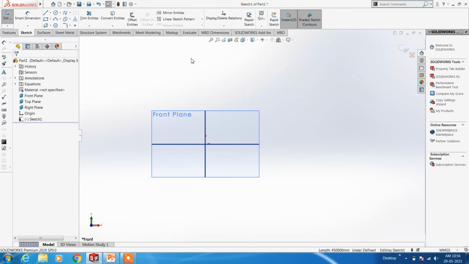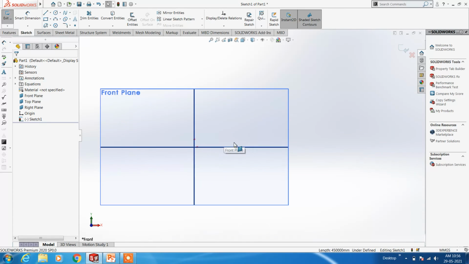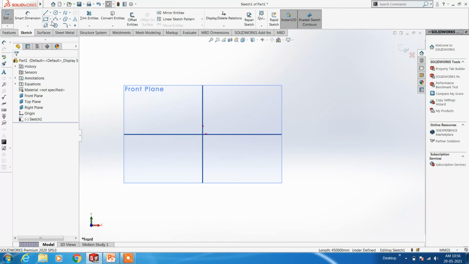Linear sketch pattern will be used to pattern our object in horizontal and vertical movement only.